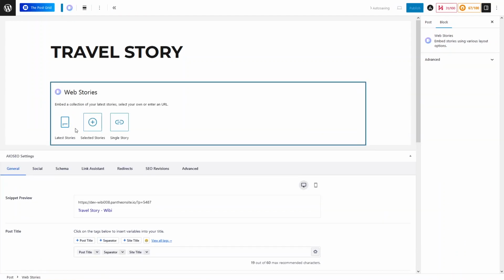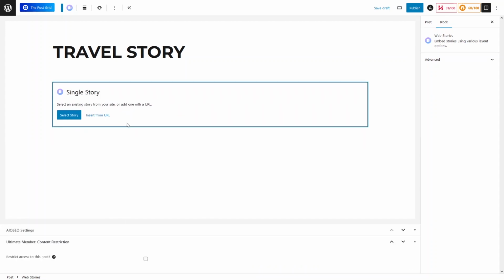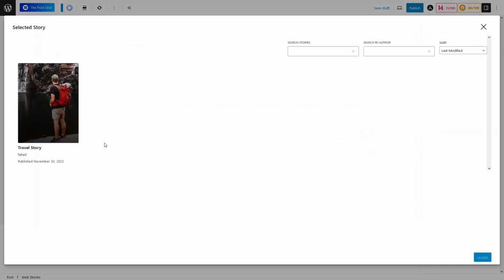And here you can see we have three different options. The first one is the latest stories. If you want to select the selected stories, you can do it from here. And if you want to select a single story, you can also do it from here. Let's click on the single story here and click on select story. As you can see, we have created the story earlier, so I will be using that. So let's click here and click on update,